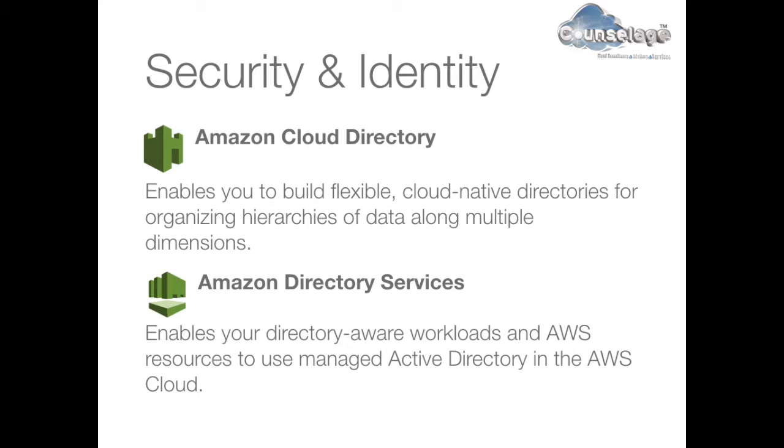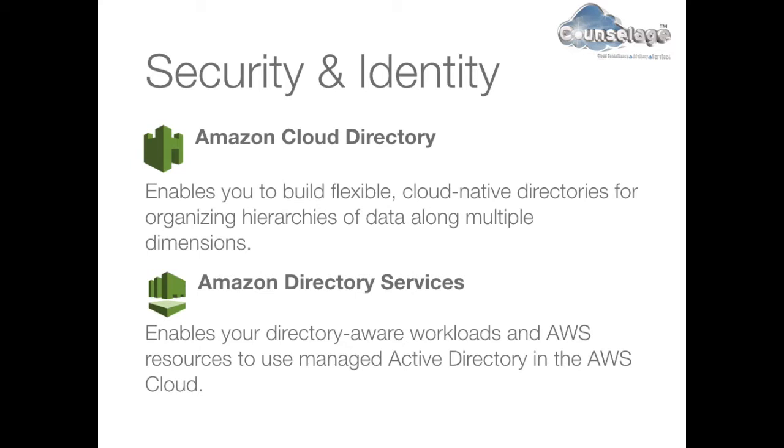So, for example, you can create an organizational chart that can be navigated through separate hierarchies for reporting structures, locations, and cost centers. Now, Amazon Cloud Directory automatically scales to hundreds of millions of objects and provides an extensible schema that can be